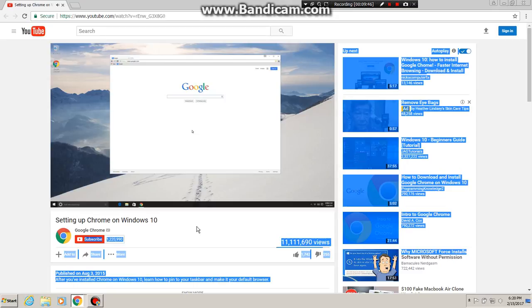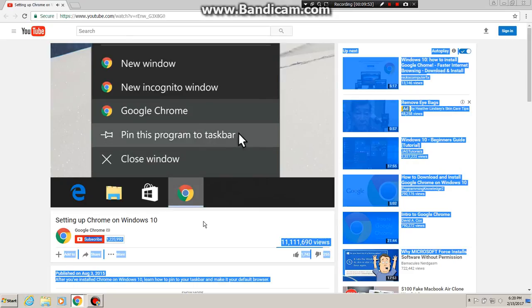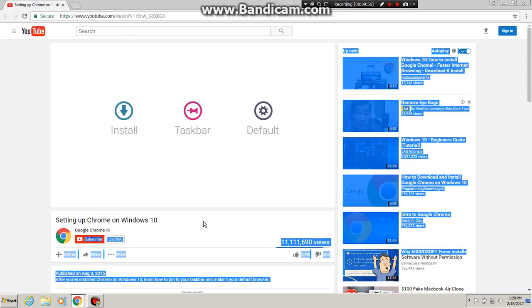Since Chrome is already open, you'll see the icon in the taskbar. Simply right-click the icon and select Pin this program to taskbar. Now, let's make Chrome the default browser. First,